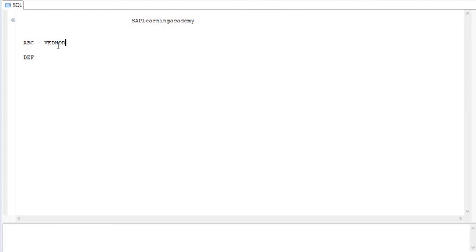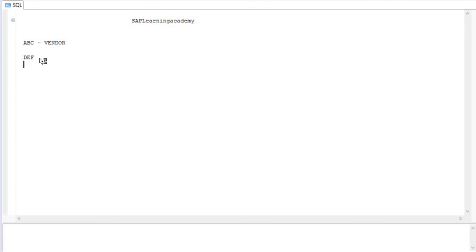So you have a table called vendor in your ABC schema. Now you want to have the same table, or maybe a different table name, but with the same structure and same data. How can you do that?